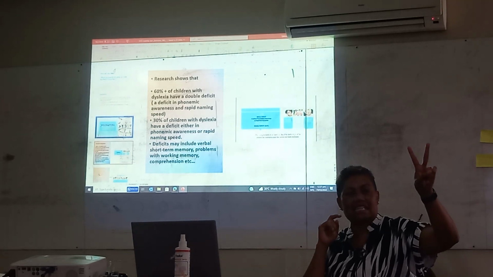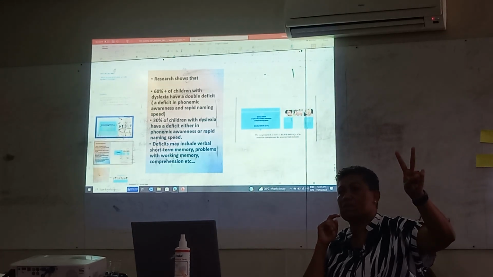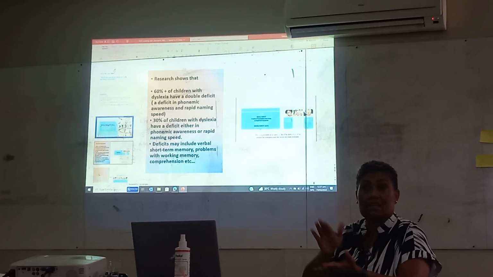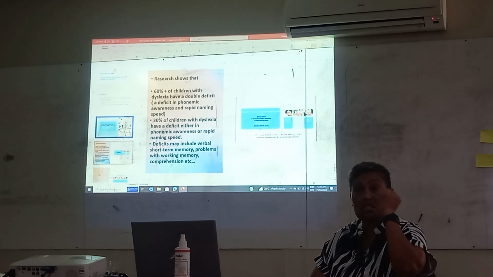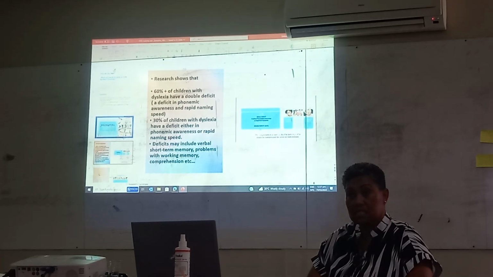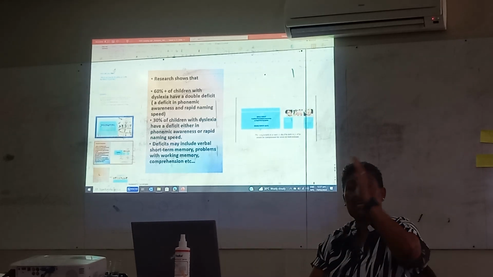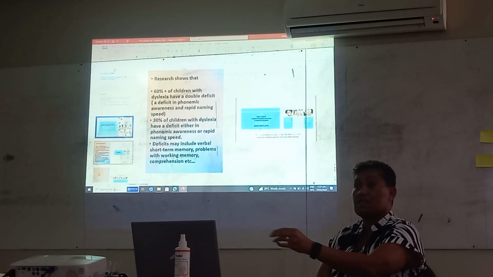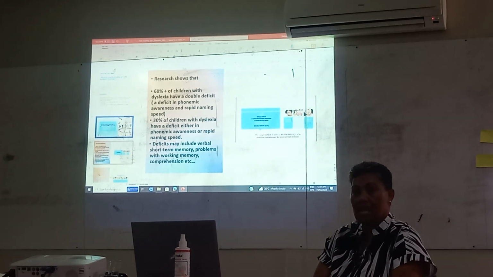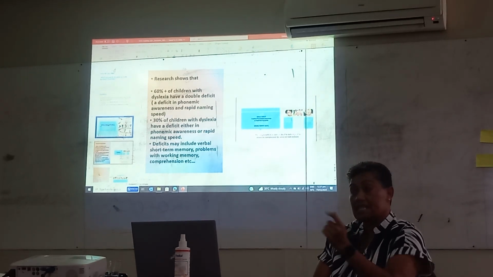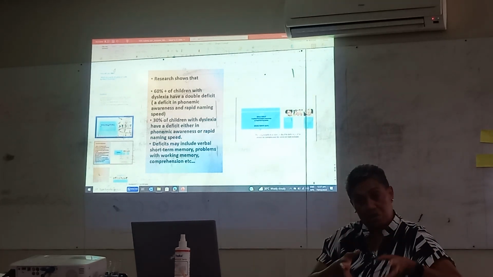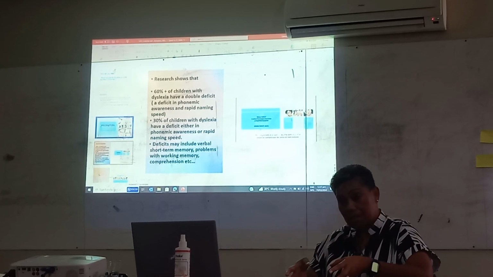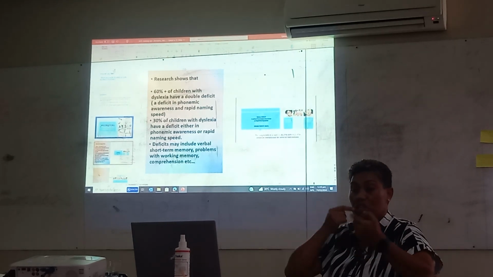The second deficit is rapid naming speed, the ability to be automatic. This is where your morning routine becomes very important, because at the end of the day, fluency is about rapid naming, the ability to just come out with what they see. And often students with dyslexia, 60% have both. They're looking at the word, they can't put the sound to the word. Or they're looking at the word, they recognize it, but from here to here,